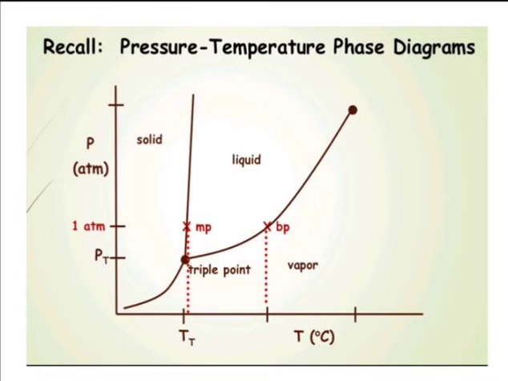Now just see the diagram which we have seen already, that's why it is written recall. The pressure temperature phase diagram, we have plotted this diagram, with pressure on the y-axis and temperature on the x-axis. And here the point at which all 3 phases come together is called the triple point. This is the solid phase, liquid phase and the gaseous phase. They intersect at one point, and that point is called the triple point. The pressure at this point is called the triple point pressure, and the temperature is known as the triple point temperature. So this is the diagram.